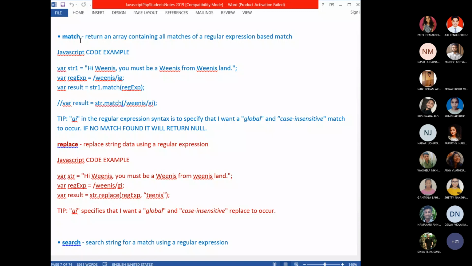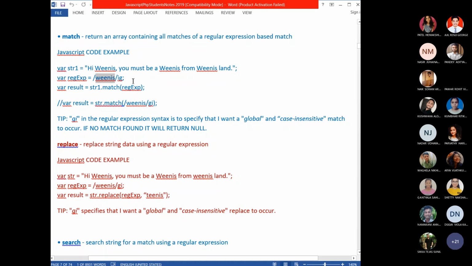In JavaScript, a regular expression is also considered an object, like a string or array. In a regular expression, you will assign some pattern. Using regular expression methods, you can perform pattern-based searching.